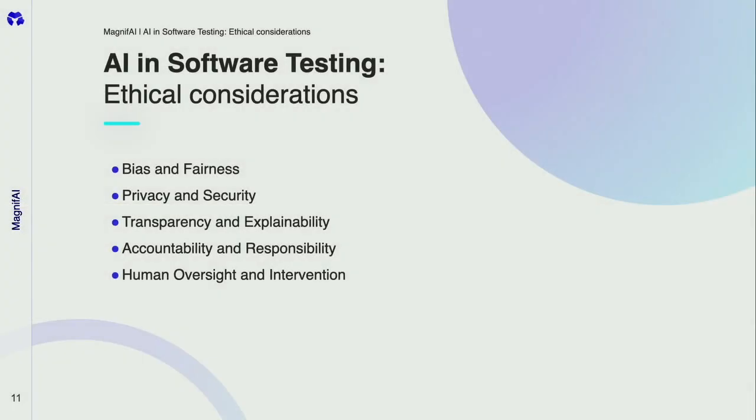Privacy and security. Those models will be trained on data that may be sensitive, may be confidential, and we cannot just say, okay, I know what the AI did, but yeah, we are responsible for the usage of sensitive and confidential data. And to follow the regulations, there are many regulations about data that we need to ensure. We just cannot rely on AI to do something when we don't know what the outcomes are. We need to ensure that those sensitive and confidential data will stay confidential and secure.